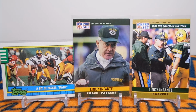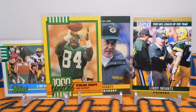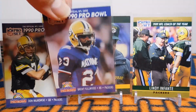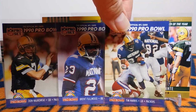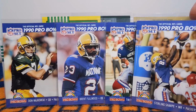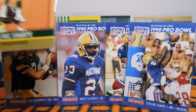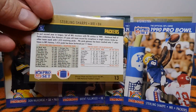I will also show you some of the cards for the Packers that year. We had a Sterling Sharp for the 1,000 Yard Club card. And with the Pro Bowl, we had Don Majkowski. For fullback, Brent Fullwood. Tim Harris, the excellent quarterback sack specialist. And the great Sterling Sharp. Really like that picture too. In fact, Sterling Sharp also was the 1989 NFL receiving leader. And so that's his card right there,